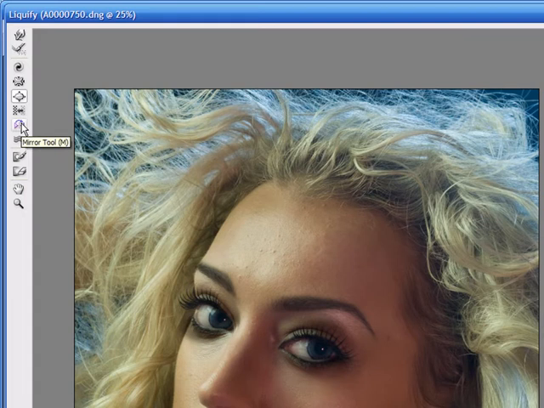So not something you'd want to use. One thing to note is that there is a freeze mask tool. For example, if you want to affect a certain area of the image, say just the skin right here on her forehead without affecting the hair, you can do that by applying the freeze mask tool. Let me make this brush a little smaller here and just basically